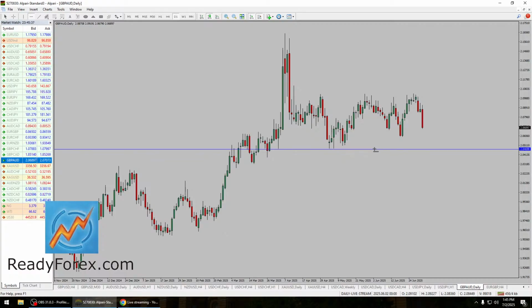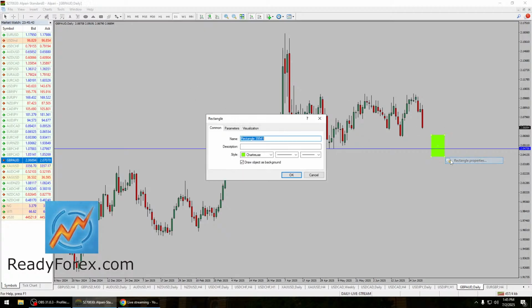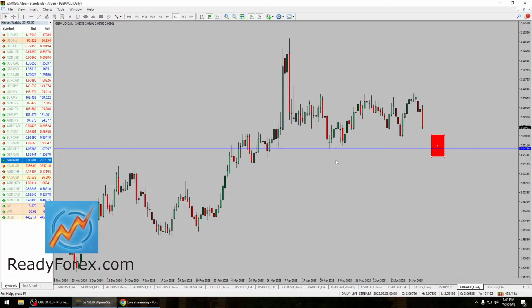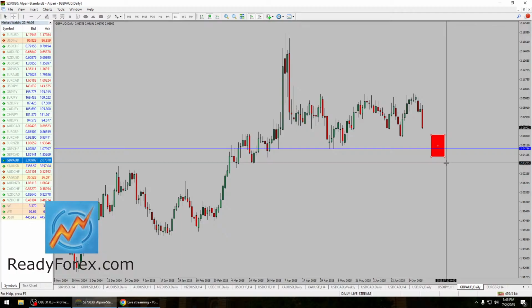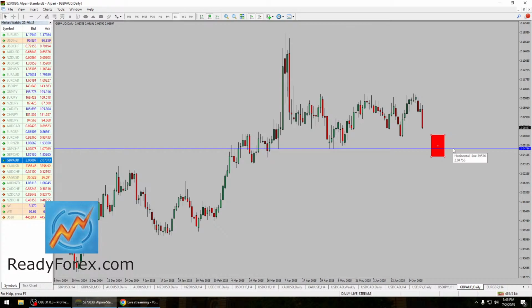So we have this support over here in the daily time frame. If the market breaks lower below the 2.047 level, we do not need just one candlestick. A lot of times I have noticed that the market just takes out the support level, like I showed you earlier in euro dollar. It tries to close just one candlestick and then reverses. That's not what I'm looking for. I want the price action to break below the support area and then stay there, not reverse right after the next candlestick. So if we do get a bearish candlestick close below the 2.0475 level in the GBP AUD currency pair,